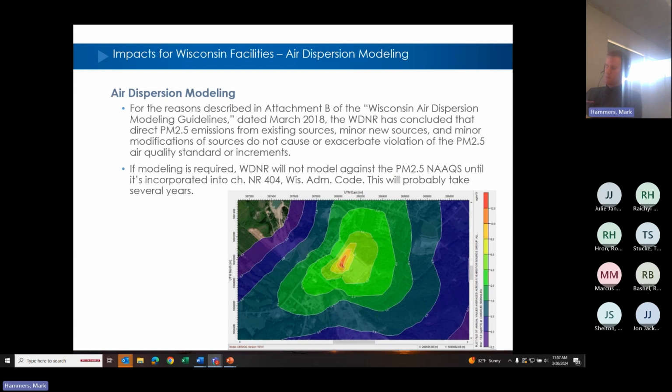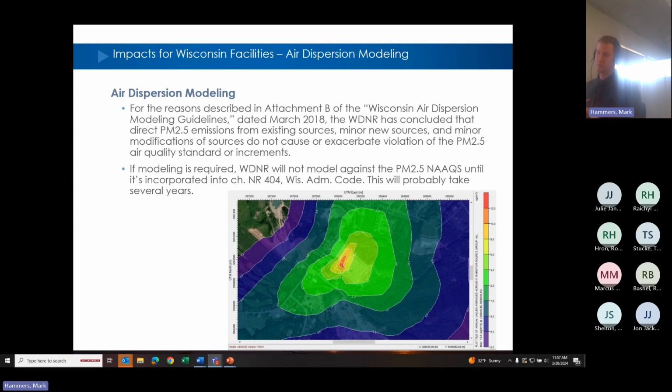But long story short, well, let's jump back here. Air dispersion modeling. What is air dispersion modeling? I'm going to read you an excerpt directly from the EPA website. It says dispersion modeling uses mathematical formulations to characterize the atmospheric process that disperse a pollutant emitted by a source. That is a mouthful. What it's basically doing is it's taking all your emission sources from your facility that are significant,